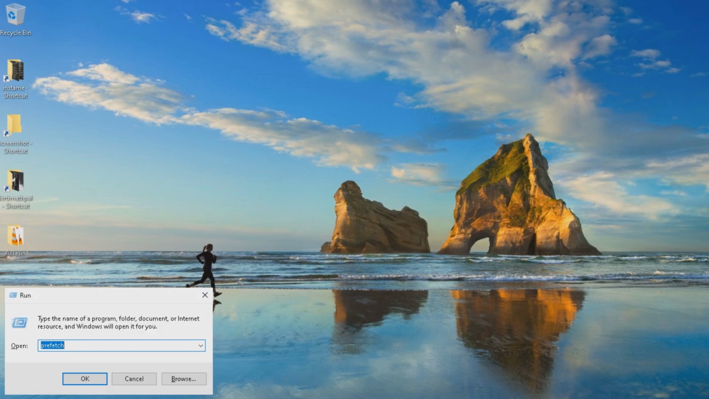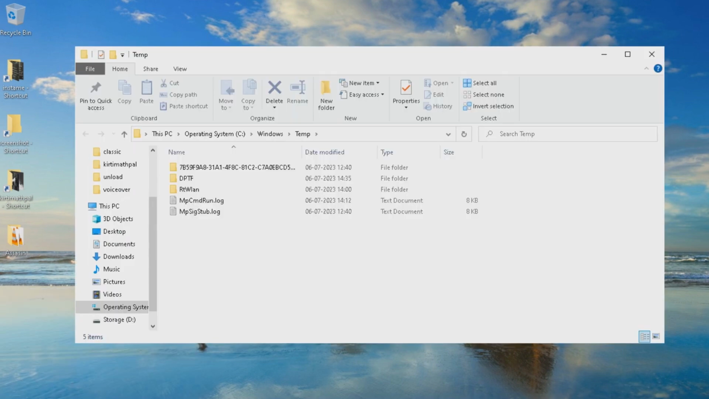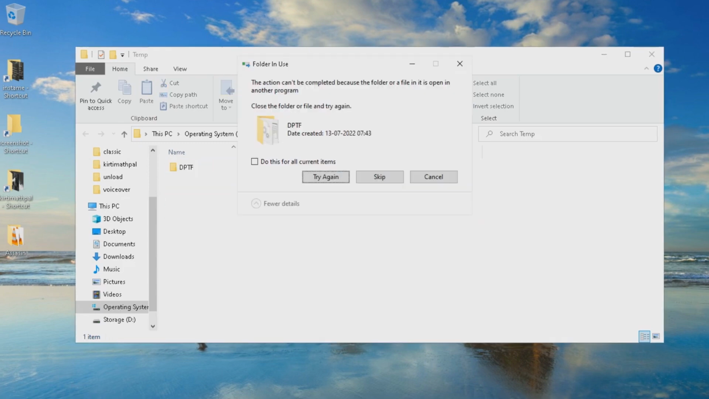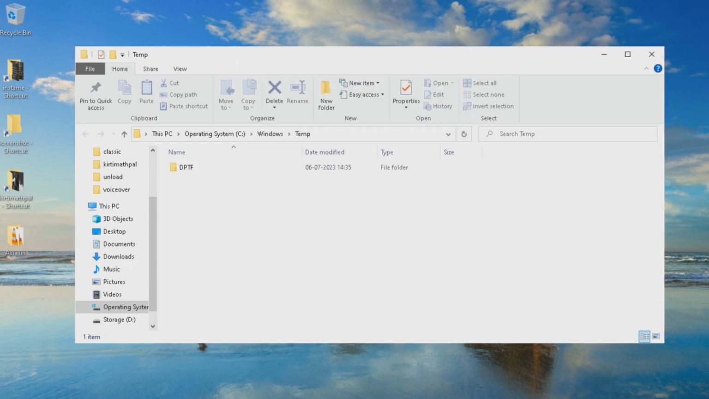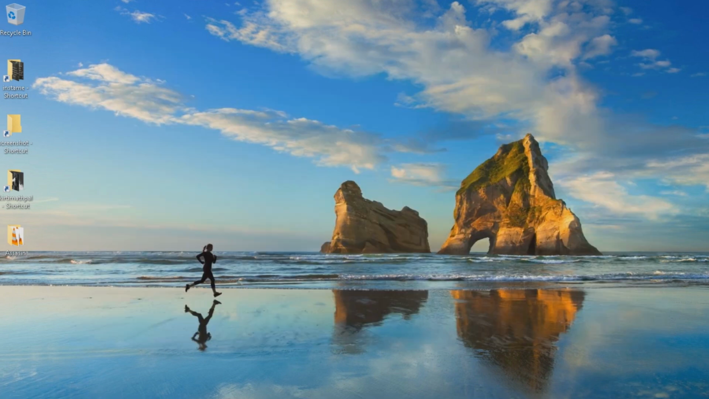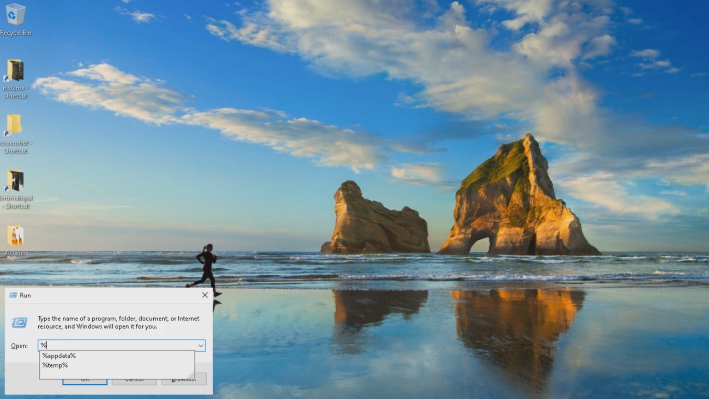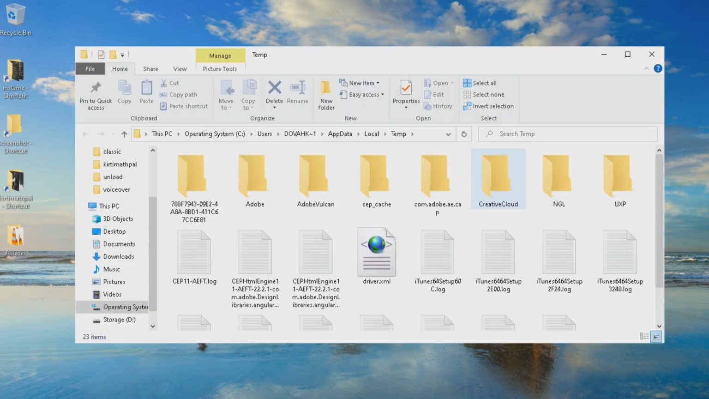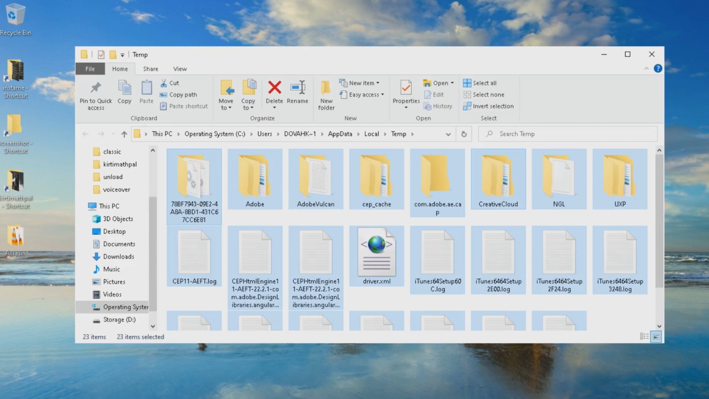Again, open the Run dialog and type temp to delete the temp files and close the window. One last time, open the Run dialog and type %temp% to delete the files and close the window. That should help run your